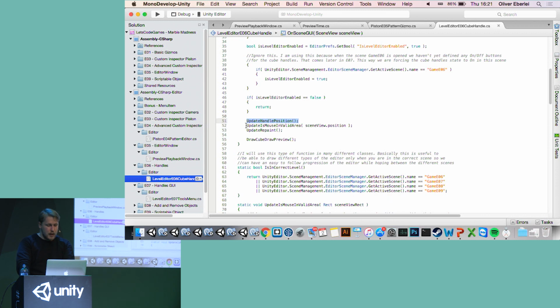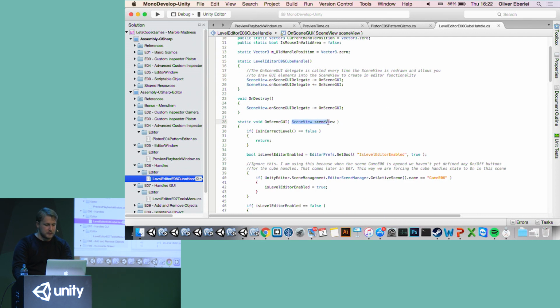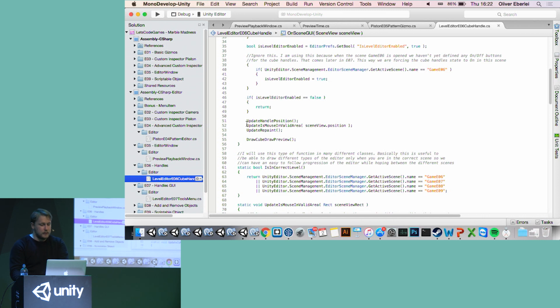No difference here. Then I check if the mouse position is in a valid area. The cool part about this is I get a reference to the scene view, and it gives you the size and the position, stuff like that, so you can make checks against that. And then basically, if the position has changed, I will not go into this. You can, as I said before, get the code yourself, but I have to hurry up a little bit.